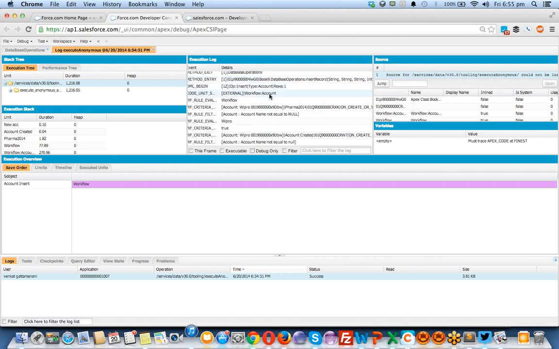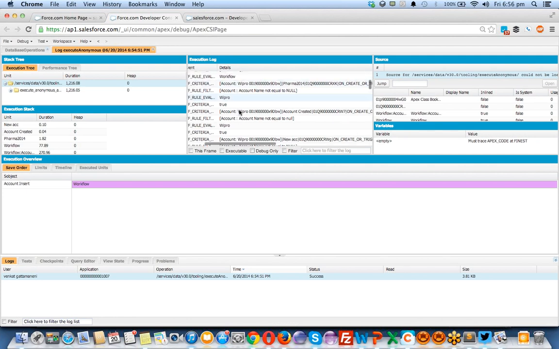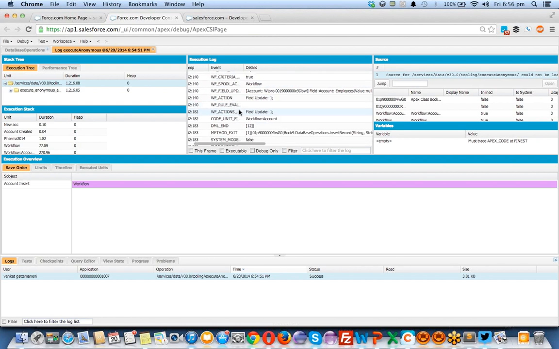And there's a workflow in the system which is executing after it. Again, I have showed you the order of execution in Salesforce, right? This is how it happened. So after the insert happened, there's a workflow executing on account, and there are a lot of commands. If you see this, there will be a lot of code. All the actions will be there, step by step. The order of execution, you can see it here.